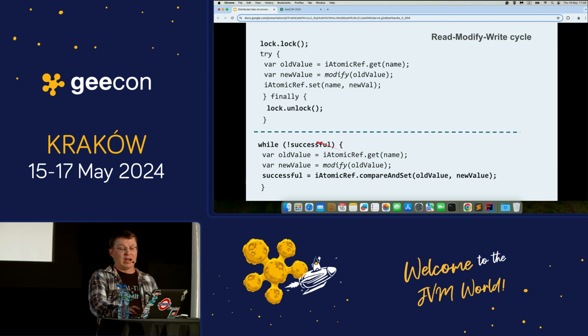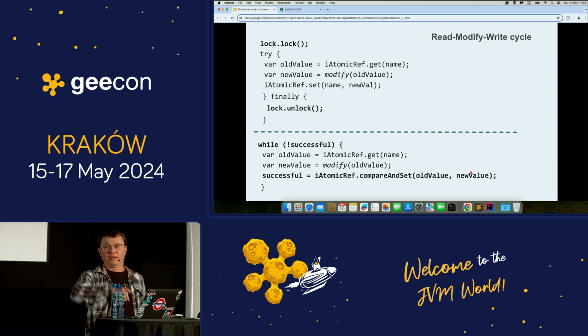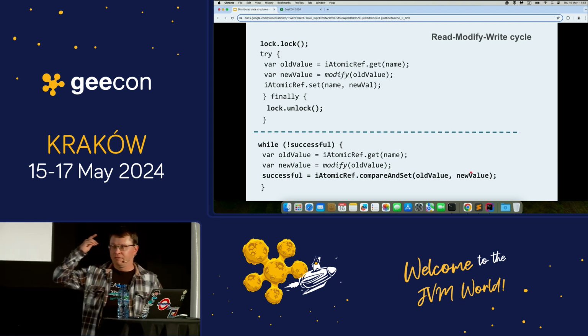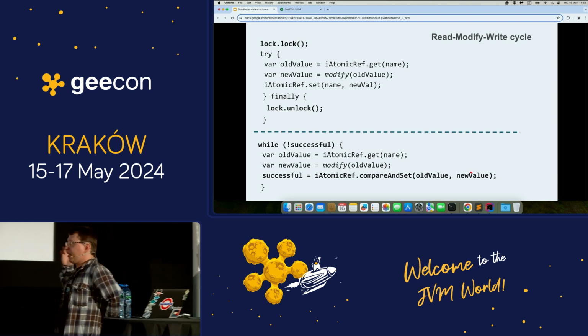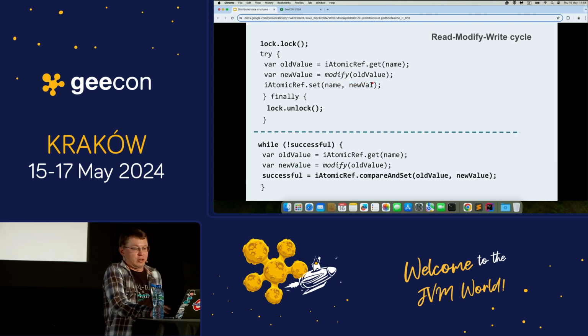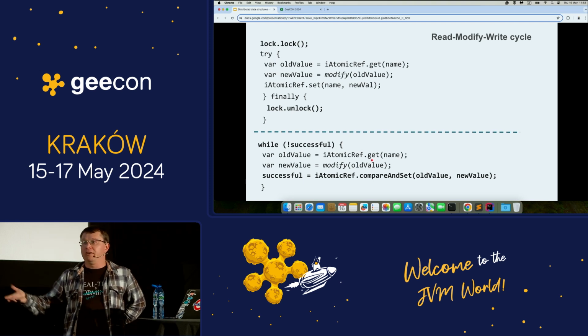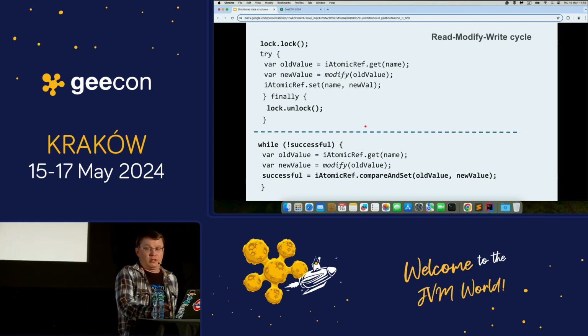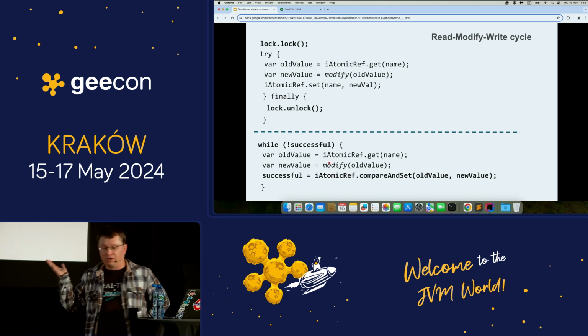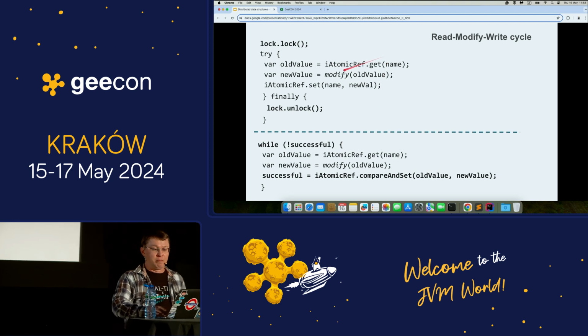So we are in a CAS loop, trying to modify it until the operation is successful. Which case is better depends on the size of this value. It will depend on how many clients or microservices are trying to modify it simultaneously. For example, if you have a lot of clients, you will have worse performance in a CAS loop. If your number of clients is not very big, perhaps this solution will be better than the pessimistic locking